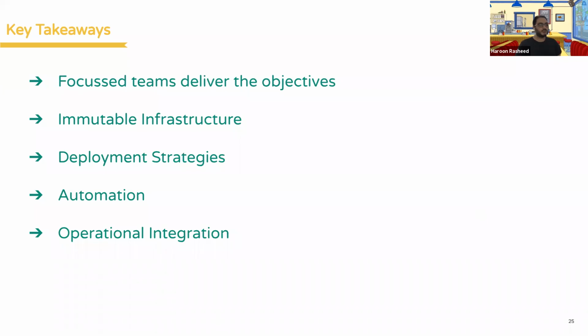Operational integration is quite important. All the data that you generate from your CI/CD processes, from your testing, we are sending it to Datadog, which is our observability platform. And that in turn helps us to identify where the bottlenecks are. So again, same example, that half an hour window that we have right now has been highlighted through the Datadog integration we have, that our time to market is 2.5 hours. And out of those 2.5 hours, for half an hour, we just wait. Although the feature is being exercised in production, we are just waiting. And to reduce that time, what we can do is canary analysis and